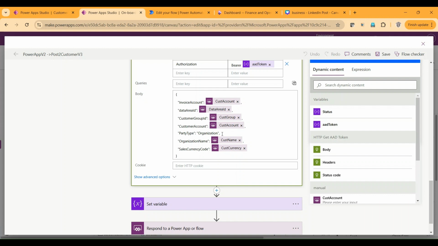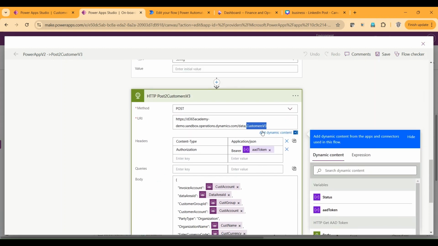I'm hard coding this, but you can definitely change this to person if you want. And organization name, which is nothing but the name of the customer which you are providing from the Power Apps, and lastly the currency code, which you are also passing from the Power Apps. So when you have done that, Dynamics 365 financial operation is going to do